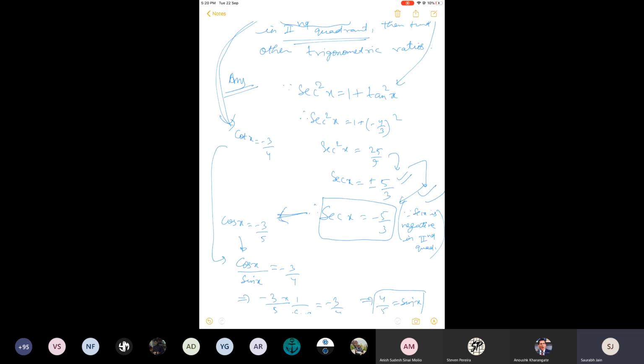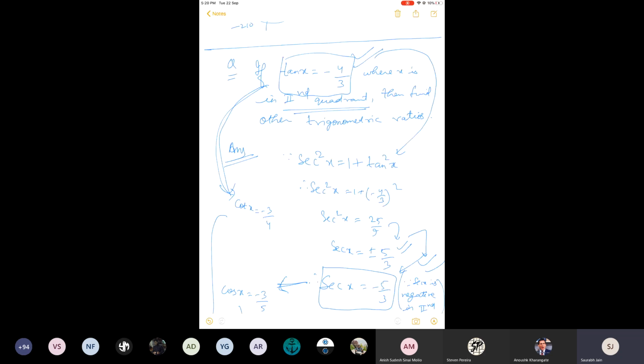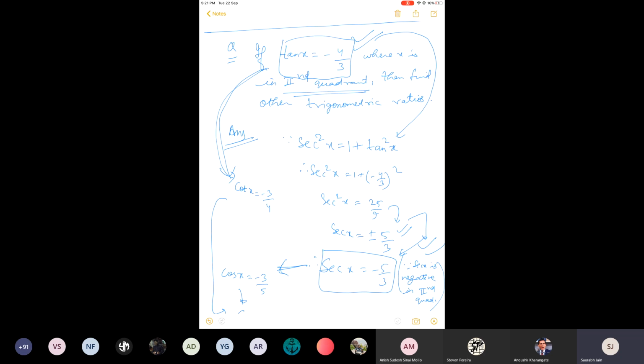You'll find an exercise even if you have NCERT or any other textbook. You'll find questions like these, where one T ratio will be given and the remaining will be calculated. So in that exercise, basically there are two types of questions. One is this, and for the second one, I am going to tell you now the rule by the help of which you will actually be able to calculate the values of the standard angles. I wrote some standard angles like 120 degrees, 150 degrees, etc. Now we will learn to find their values.